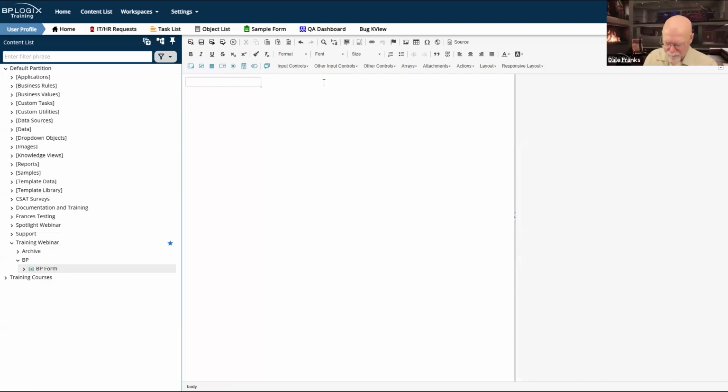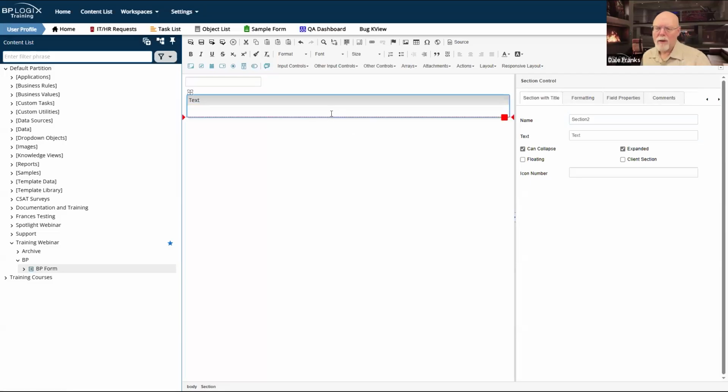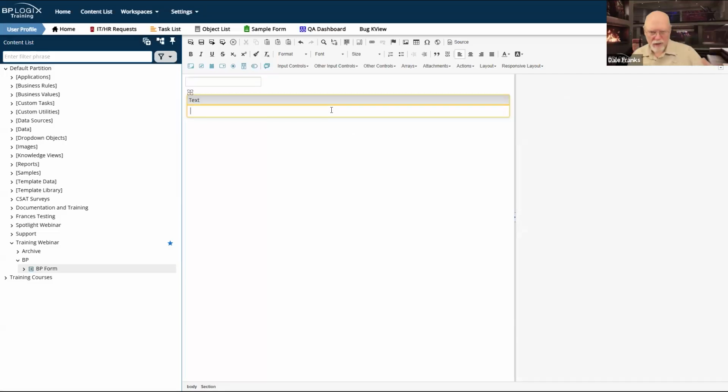When possible, use the section control to drop form fields into, to split up your forms and to provide the outer level of layout for your forms. Section controls are super useful.